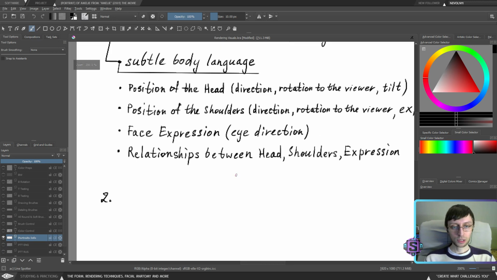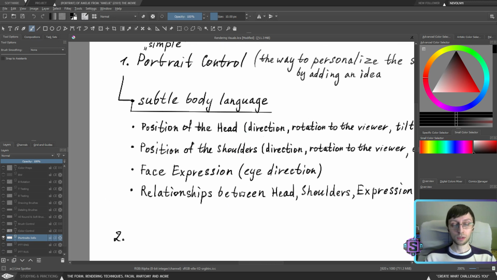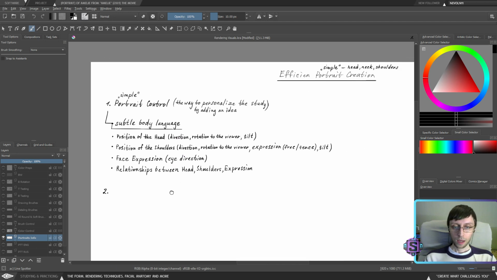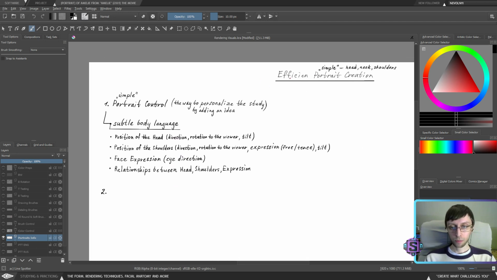So for me personally, let's try to establish those personal reasons why I'm going to do that. What I will try to achieve is efficient portrait creation, and by efficient, it's not just pure retracing from the photo, when you're basically looking and doing the same thing as the photo.